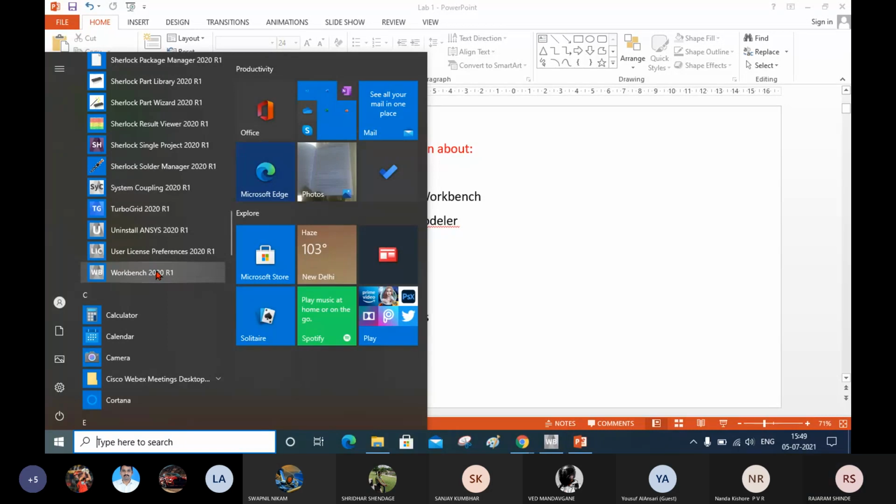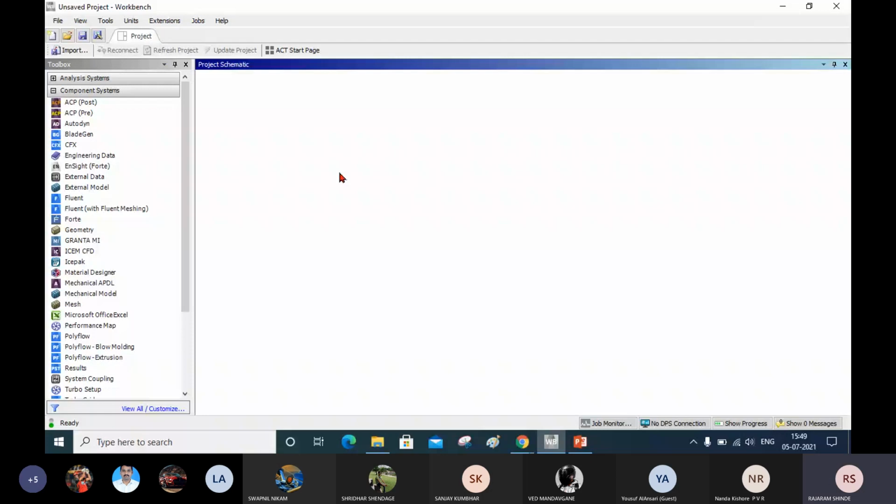Why do we have to wait? Because it is a big software and it will take some time for different operations and for loading the software. So wait for completion of each and every operation. Click on this ANSYS Workbench, and that will open in this form. This is your ANSYS Workbench, or unsaved project Workbench, or just Workbench. Next, there is an analysis system. What the contents of that are, I will show you here.